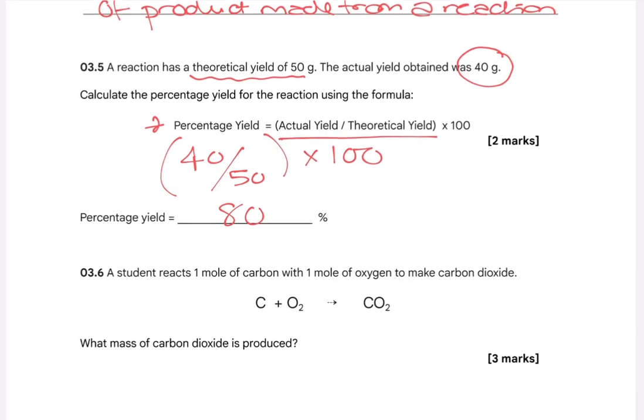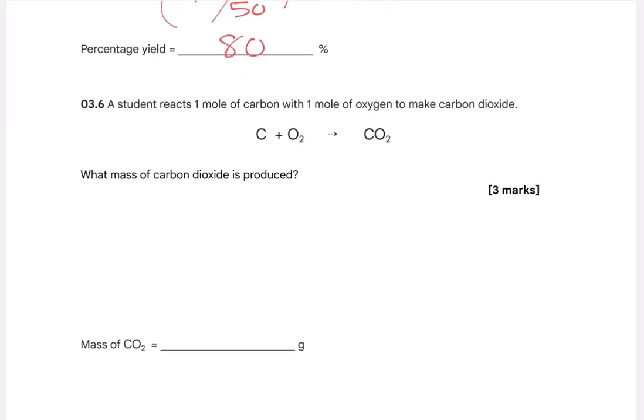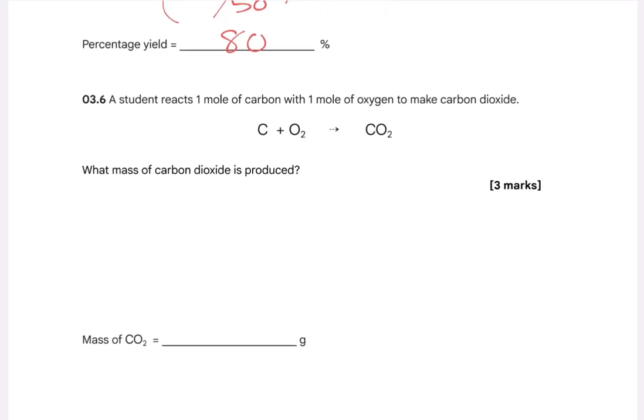So moving then into another question on here, a student this time has reacted 1 mole of carbon, so we know we've got 1 mole here, with 1 mole of oxygen to make carbon dioxide. Now the balanced equation has 1 carbon on the left hand side, 1 molecule of oxygen on the left hand side, and that will make 1 molecule of carbon dioxide,